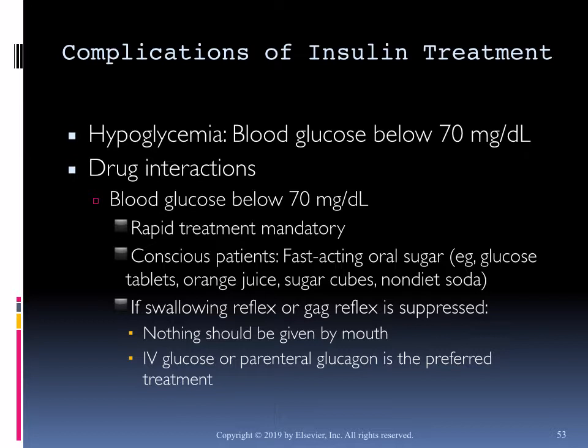Hyperglycemia, where I talked about the signs and symptoms of the hyperglycemic reaction, can occur from the overdose of insulin, too little food, if the patient is ill, vomiting or diarrhea, alcohol intake, if they've had too strenuous an exercise and they haven't covered, they've had a dose and then exercised too much, and so that the unconscious person, IV glucose or the parenteral glucagon,